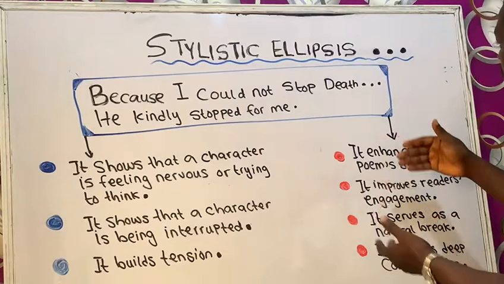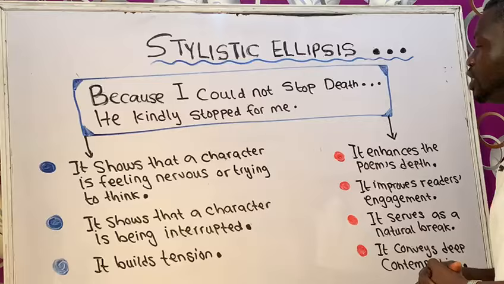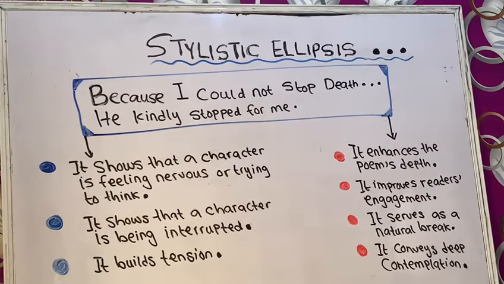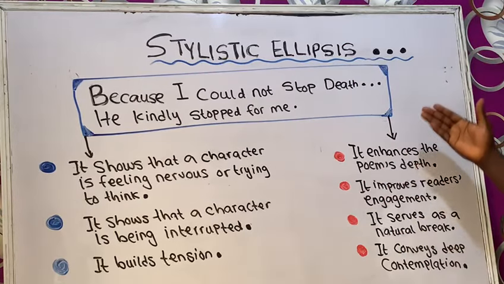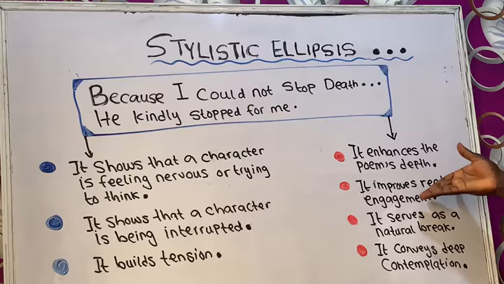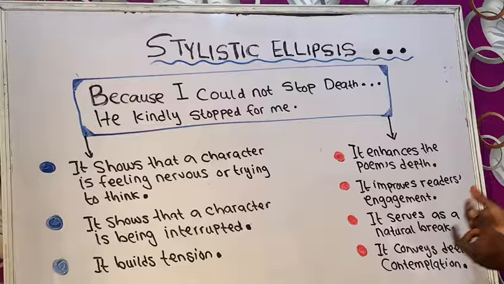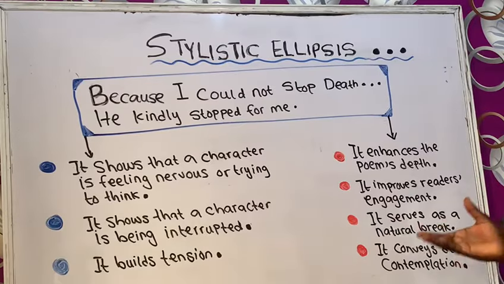So let's look at some of the effects such an ellipsis could have. Do not forget that whenever ellipses are used in a poem, they convey several functions. They could communicate several effects, but these are a few of them. For example, it could enhance the poem's depth, just like I've mentioned, and that's very important. Another thing it does is improve readers' engagement, something I've also mentioned. It serves as a